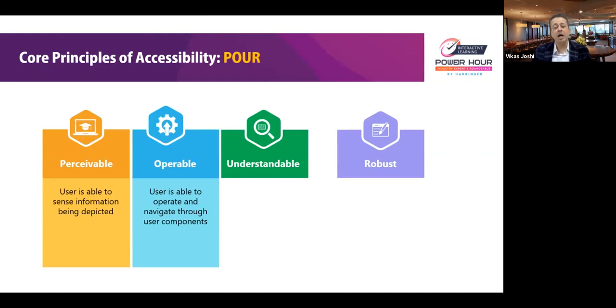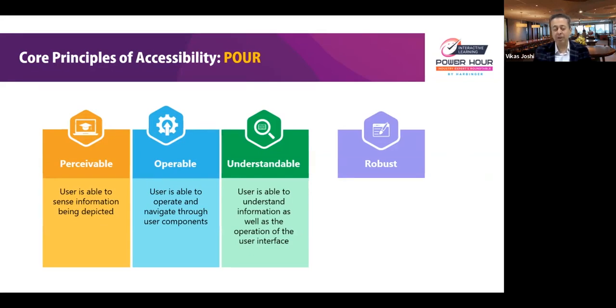And the third piece is understandability. Now, understandability is easy to understand, but what's important is it applies not just to the content, it applies also to the operation of the user interface. For example, if the navigation actions are predictable, they become easy to understand. The learner knows that clicking in a certain place is going to produce a certain result. That's the understandability of the user interface.